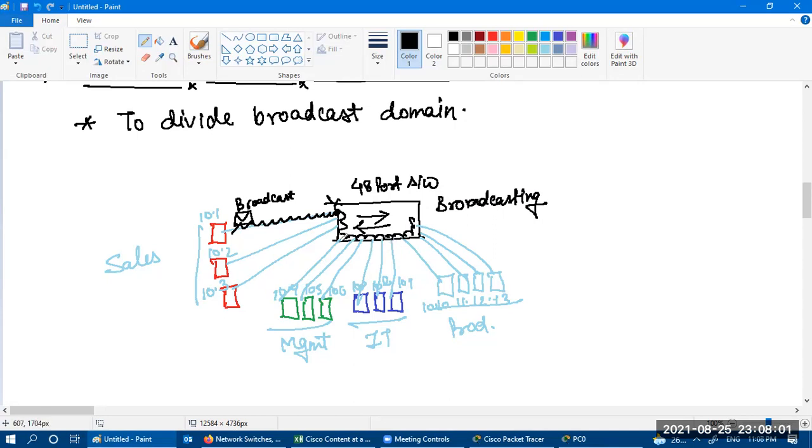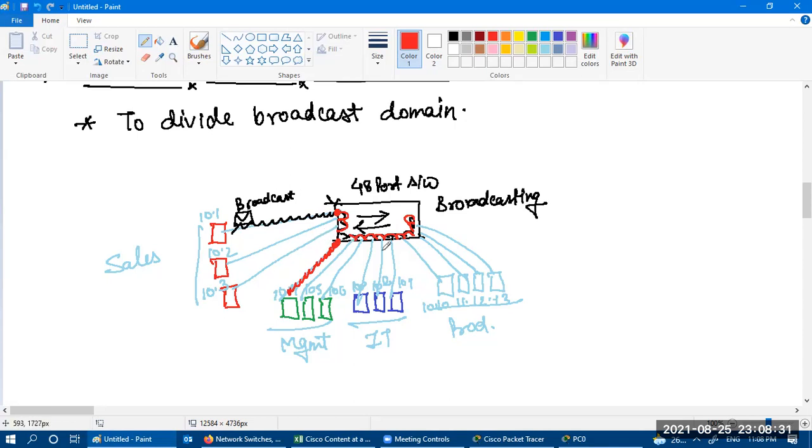In the same manner, another PC in the management domain also generates a broadcast. Again, that broadcast is forwarded to the interface, and now the switch will forward it to all the users inside the domain. So that means we have unnecessary broadcasting on a switch.